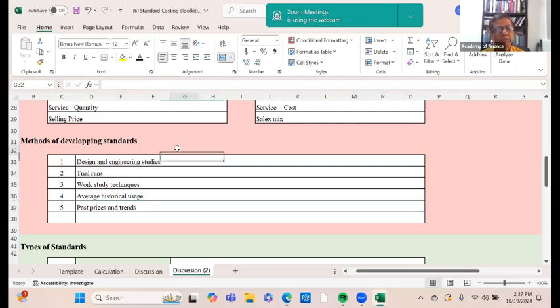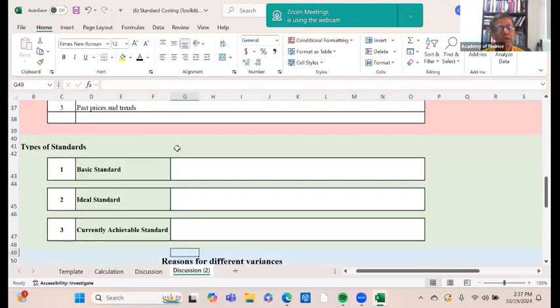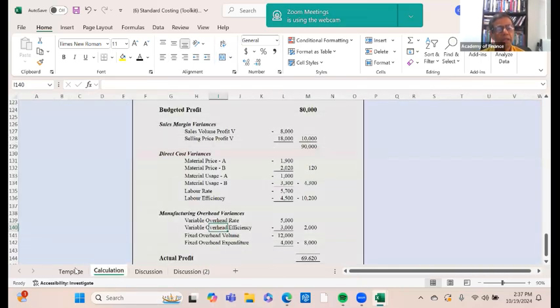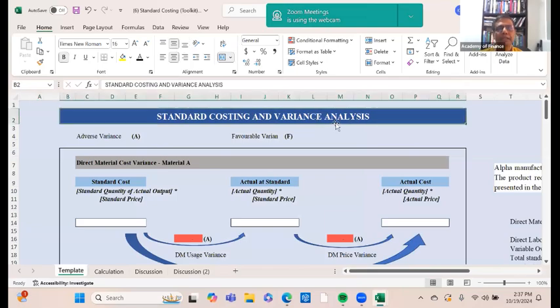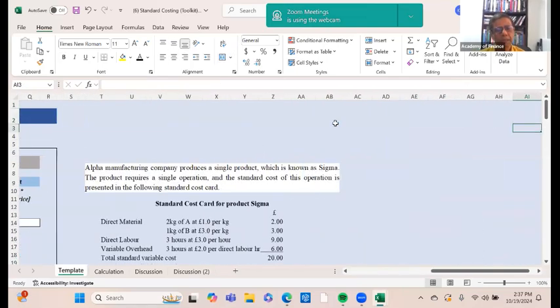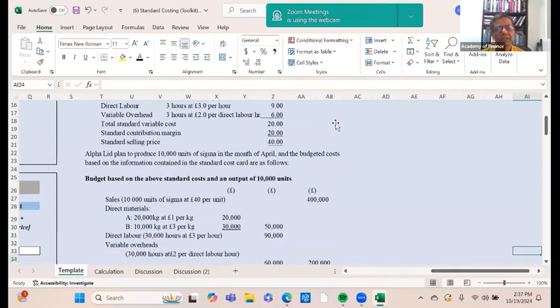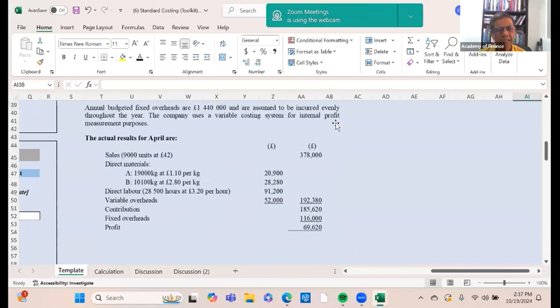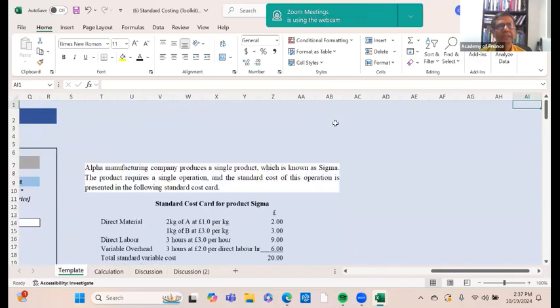Right. I think it is time for us to stop. Next time we are looking at the types of standards, a simple discussion. And most importantly, we are going to discuss this question again. It does not look very simple, but is in fact simple and very interesting as well. This is the example that you're going to discuss. It is in your standard textbook, and also on this worksheet, which has been shared with you today. So let's try to do this the next time we meet. We finish this question, and then we wind up our discussion on standard costing and move on to the next area of discussion.